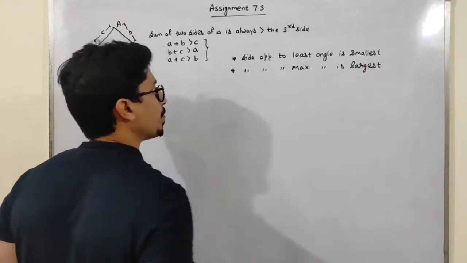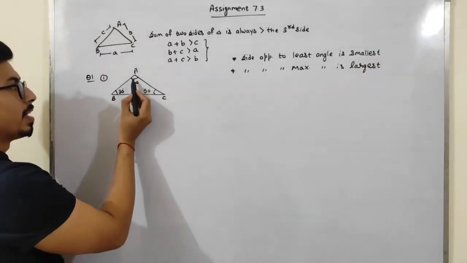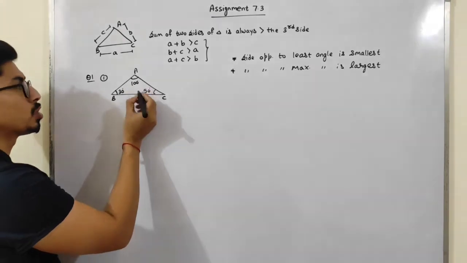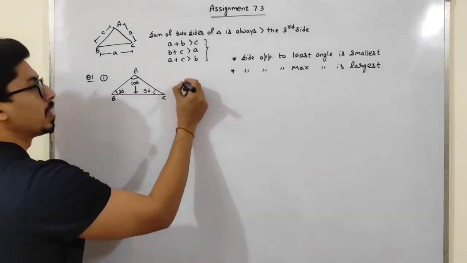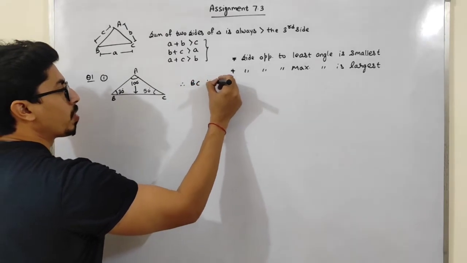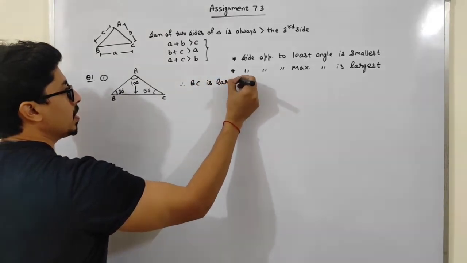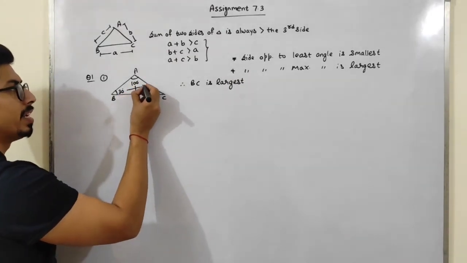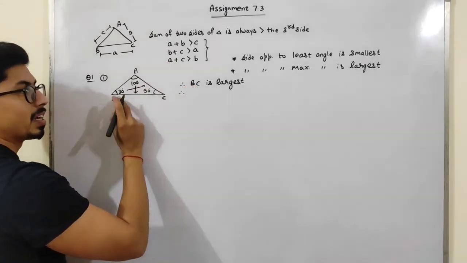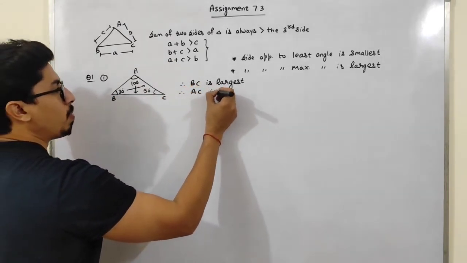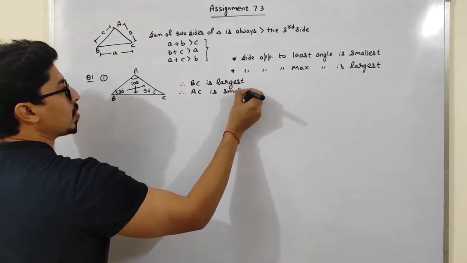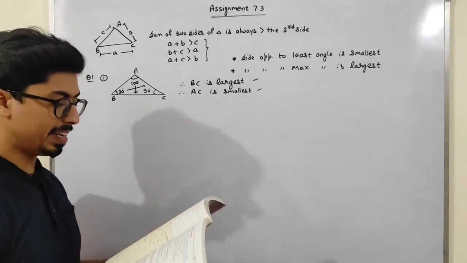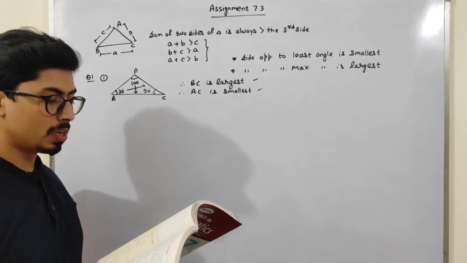See, what does it mean? This is the greatest angle because if I just compare these three, this is the largest or the greatest angle. So the side opposite to this is BC. Therefore, BC is largest or greatest. Next is 30 degrees and 50 degrees. The side opposite to this 30 degrees is AC. This is the smallest angle, so AC is smallest. So these are the required answers, BC and AC, that is part B, students.